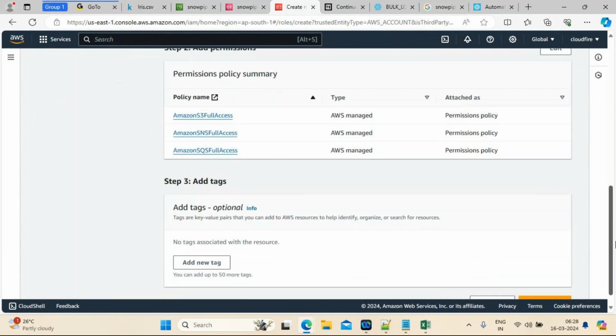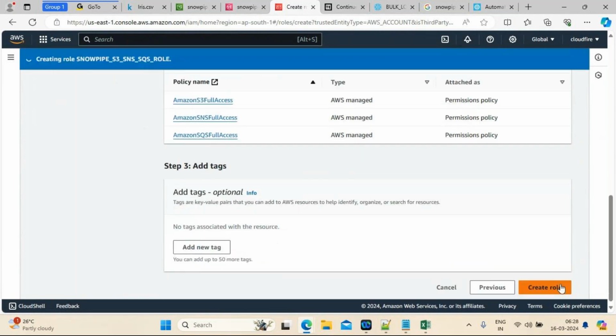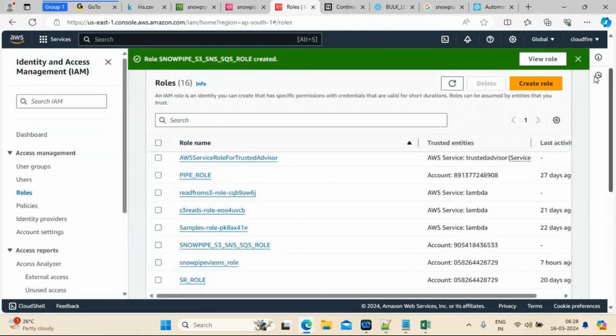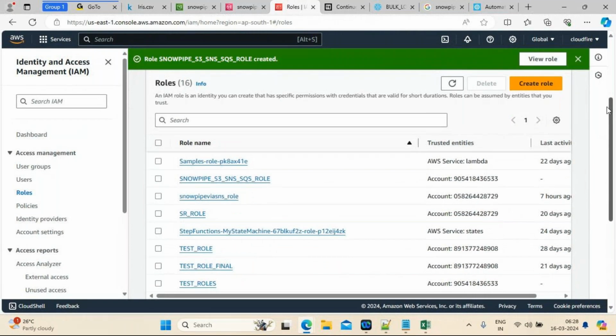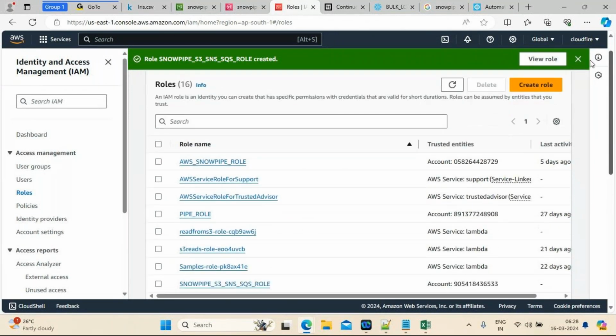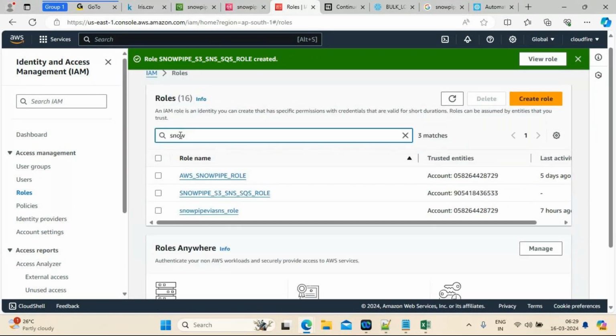Now look at the permissions. We have 3 permissions: S3 full access, SNS full access, SQS full access. Now create the role. Now the role has been created. You can see your roles, like I have created Snowpipe, right? Just search your role, Snowpipe S3 SNS SQS role. This is going to be our role. Okay. Now, next step, what I have to do is